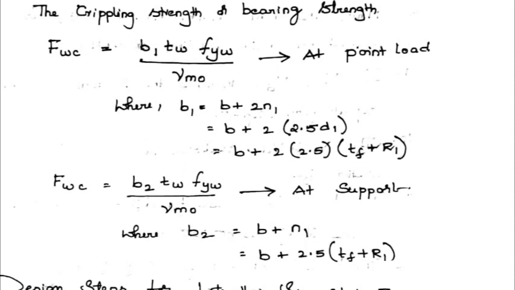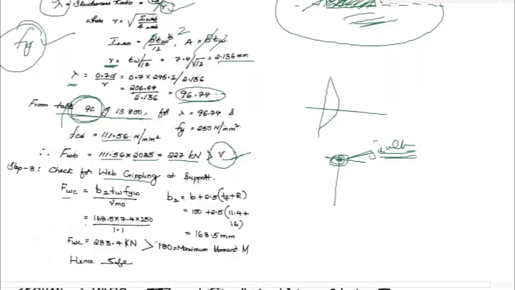So substituting these values, you get B1 and put that in the FWC, and you are going to get FWC, which is 283.4 kilonewton. And as you know, this has to be greater than the shear force, greater than the shear